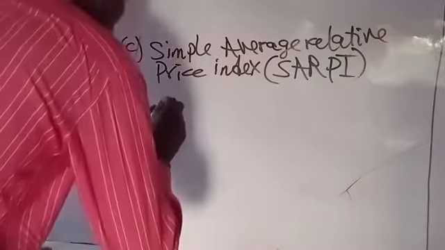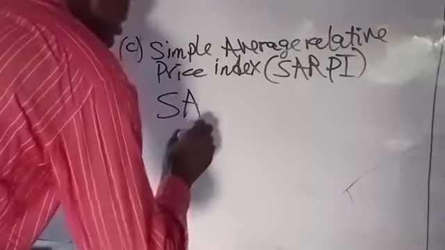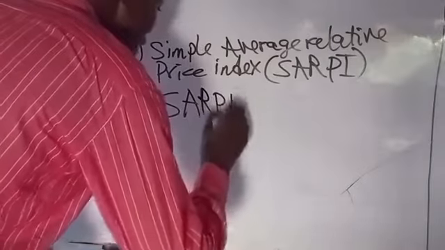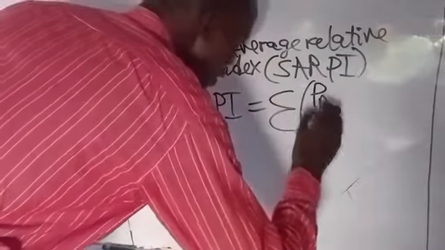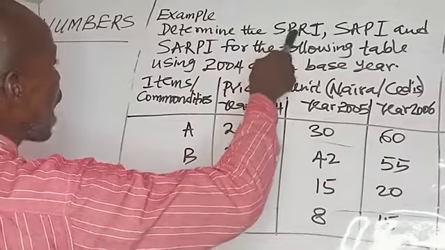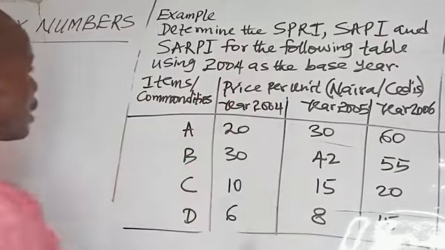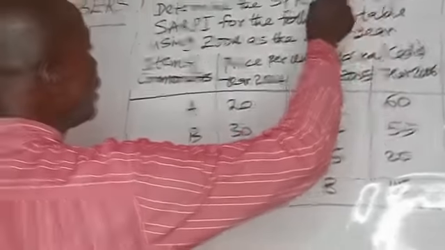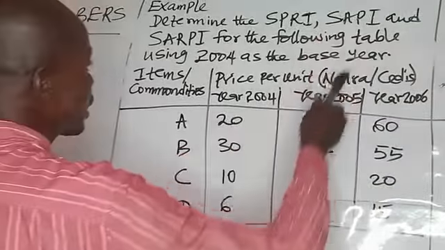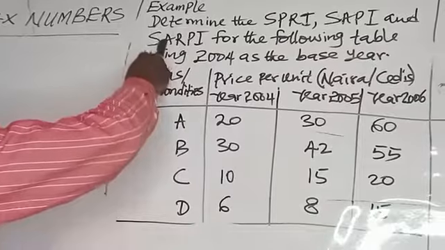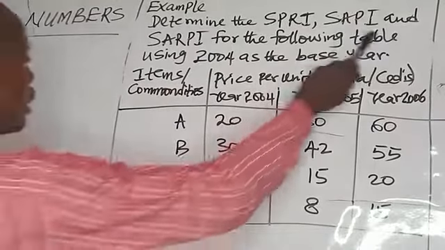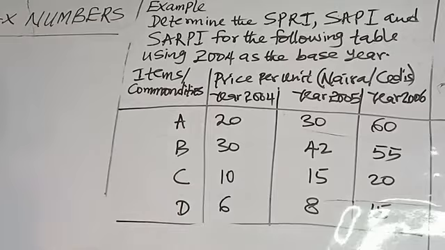And the formula for calculating this simple average relative price index is equal to the sum of the price of the current year over the price of the base year, times 100. This is the formula. Determine the SPRI, simple price relative index, SAPI, simple aggregative price index, and SARPI, simple average relative price index